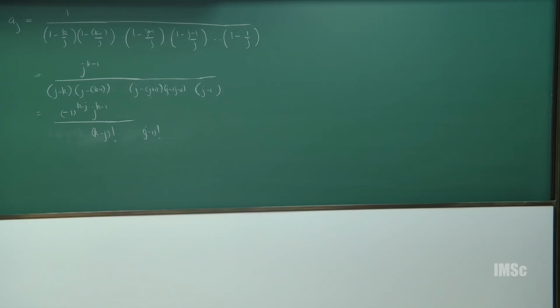Now, we have to go back. What are we interested in? We are interested in the coefficient of x raised to n minus k. So, x raised to n minus k in this, all of them, their sum is the Stirling number of second kind, right. So, I am not sure. So, the coefficient of x raised to n curly k is the coefficient of x raised to n minus k in this sum, right. So, what is the coefficient of x raised to n minus k in this series,